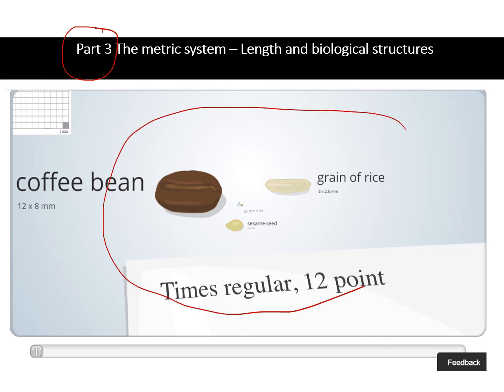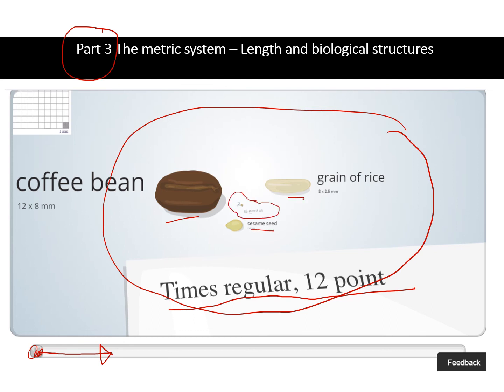For reference, in case you don't know what a coffee bean is, this would be Times Regular 12-point font, the stuff that you write your emails in. You can grab this fellow over here and drag it to the right. And when you do that, you're going to zoom in on smaller and smaller things. This is a grain of rice, that's a sesame seed, and then here you can see some other stuff you will eventually see when you